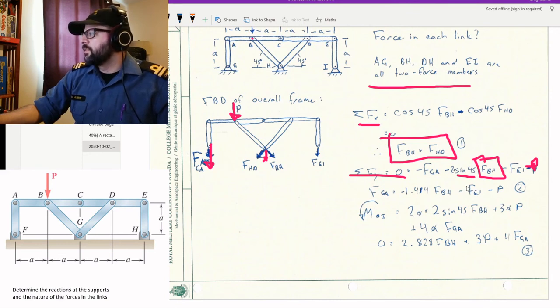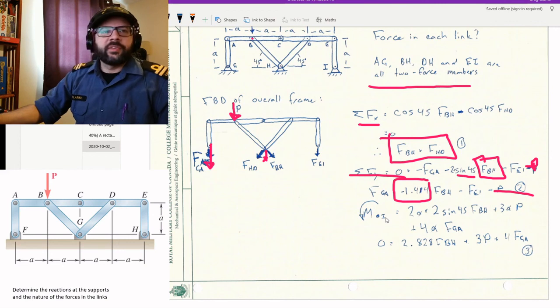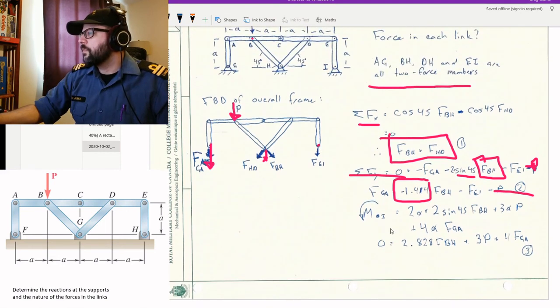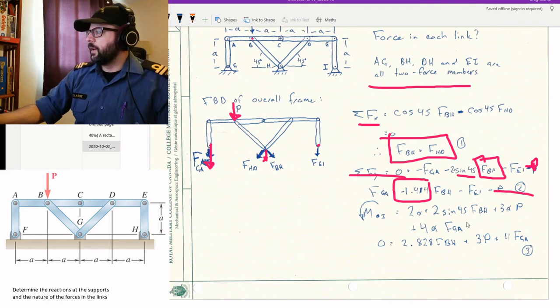So that's simple enough. Just plugging in the numbers for FBH there. Negative 1.414, that's negative 2 sine 45. So we got that, and we can also take a moment that might give us some decent information. So I just take a moment about the point of FEI. Again, the combination of these two give us